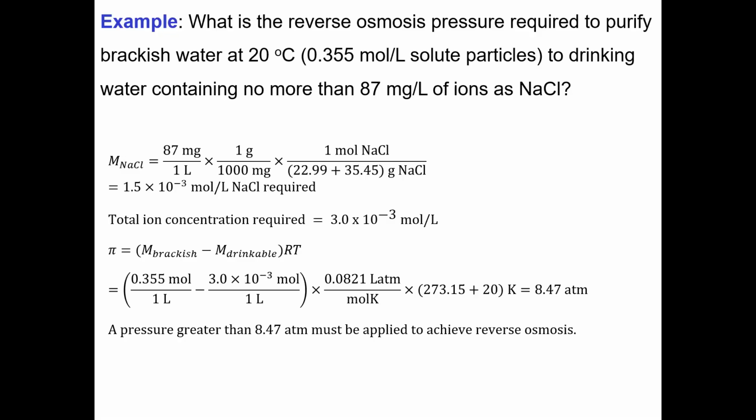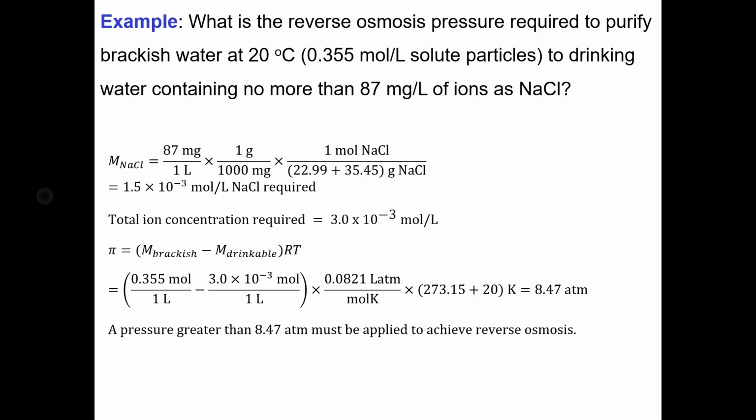You might take a little bit of time to practice this a couple of times or look at it a couple of times just to make sure that you really understand what's going on. So the question reads, what is the reverse osmosis pressure required to purify brackish water? Brackish means slightly salty, at 20 degrees Celsius. And we're given the concentration of particles in this solution as being 0.355 moles per litre. We want to purify to drinking water that contains no more than 87 milligrams per litre of ions as sodium